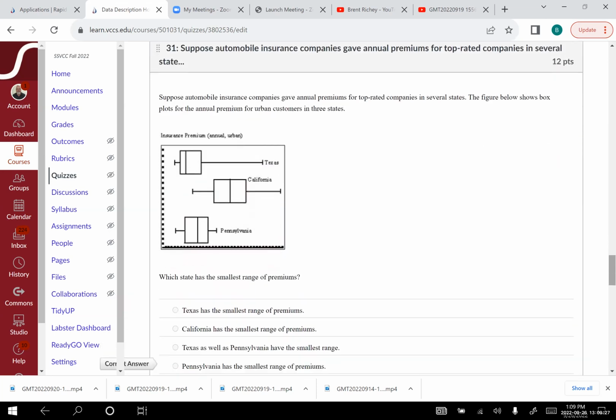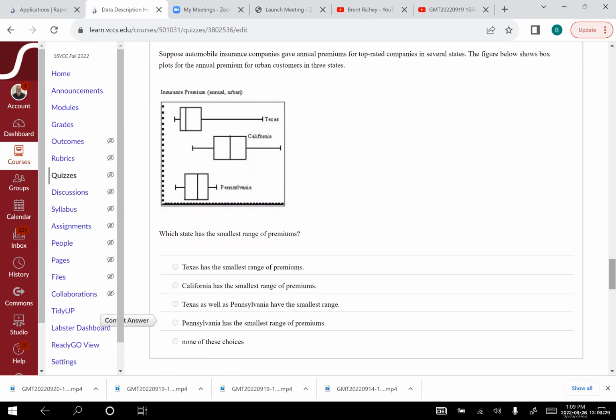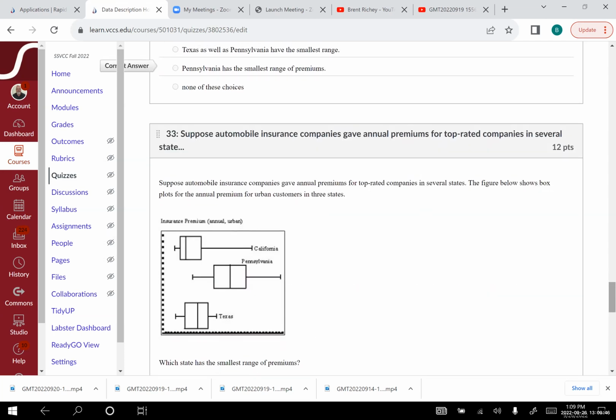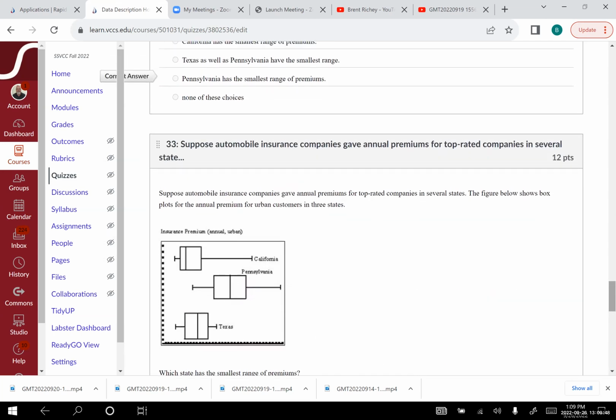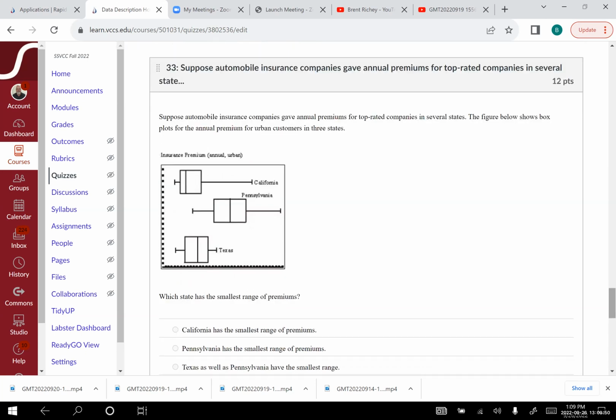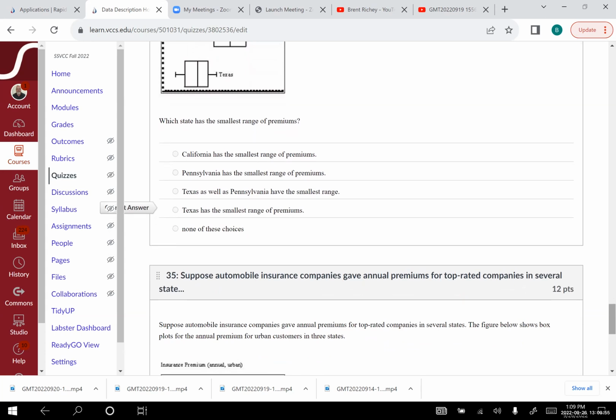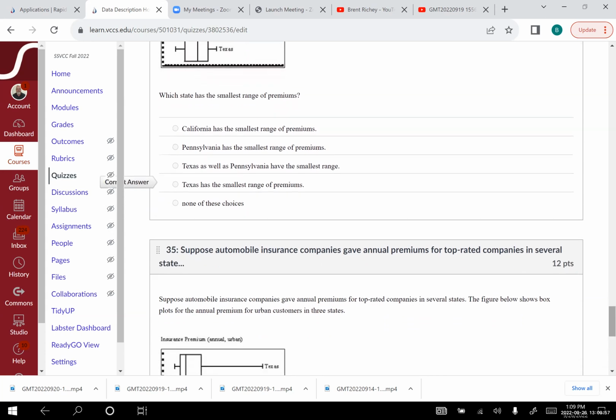Suppose, who has the smallest range? We said the Texas, the Pennsylvania box. I don't know. The smallest range of premiums. Oh yeah, we said Pennsylvania had the shortest whiskers, so there's that one. And then this one, the smallest range of premiums, we said Texas because it has the shortest whiskers. And there that is. So if you don't get all this, the